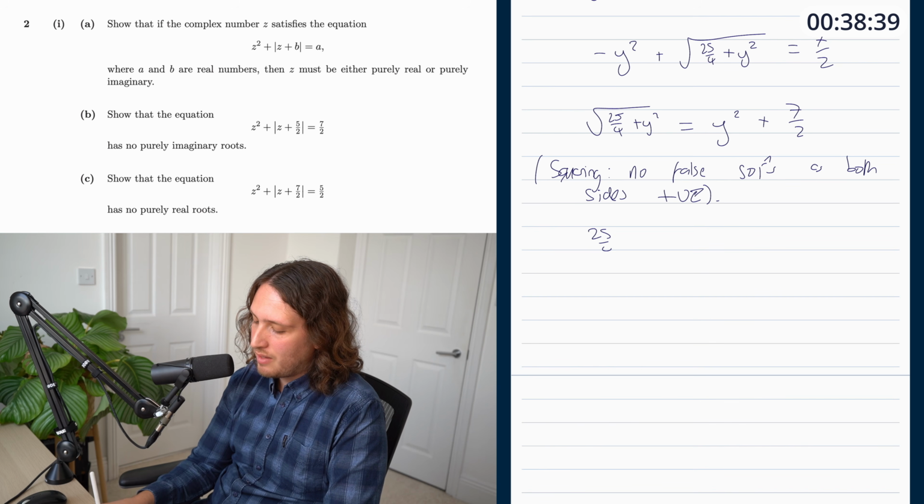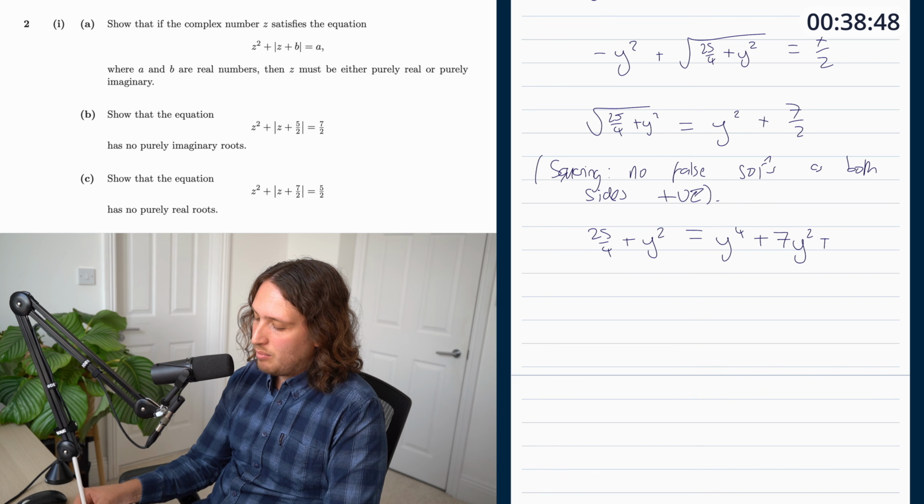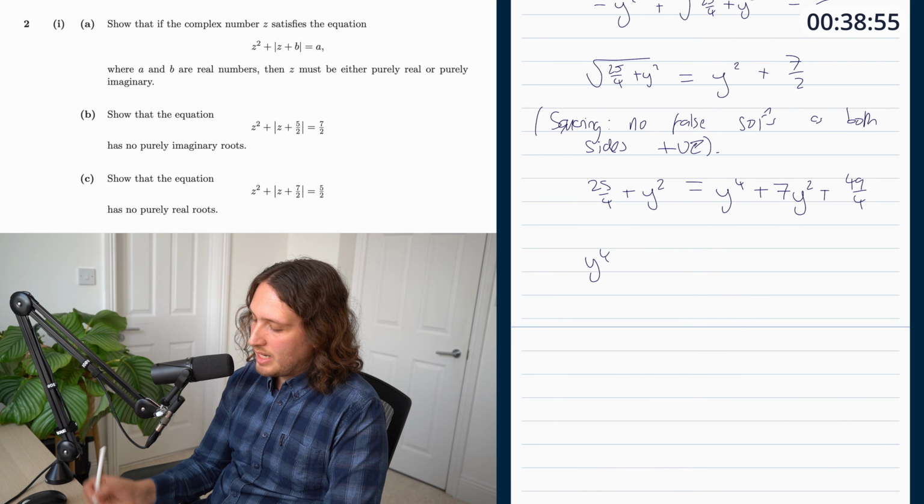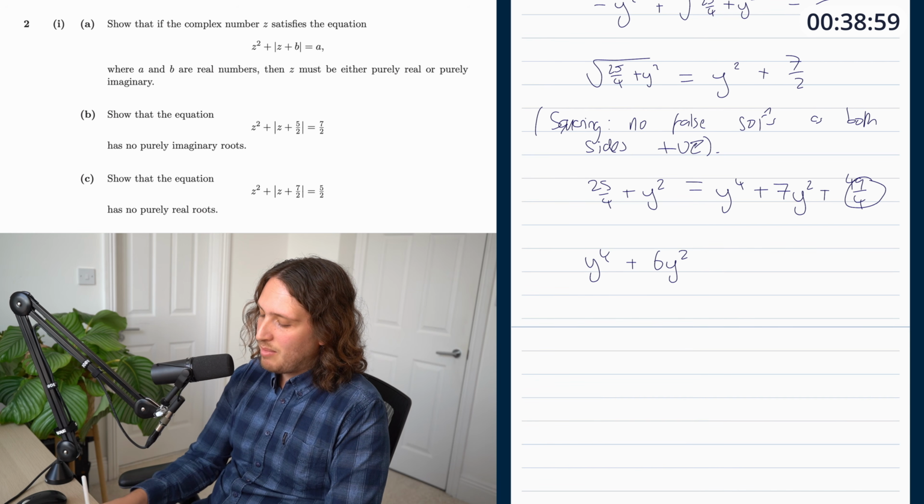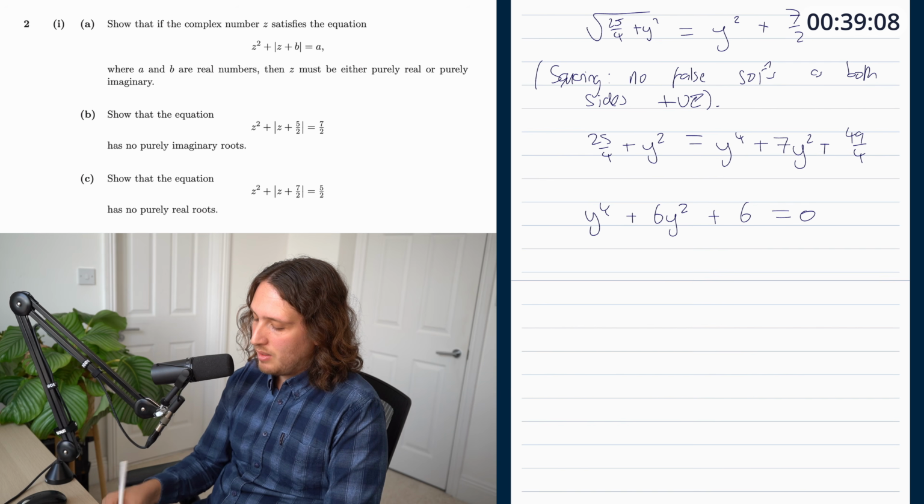So I get 25/4 plus y squared equals y to the 4 plus 7y squared plus 49/4. So that reads y to the 4 plus 6y squared. They make -6, I believe. No, they don't. They make +6 when I bring it over like that. Equals 0. So this is a hidden quadratic